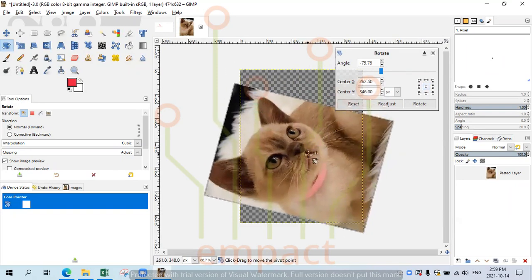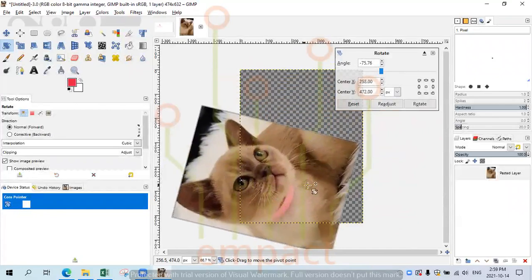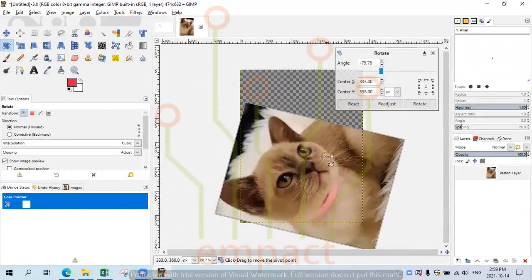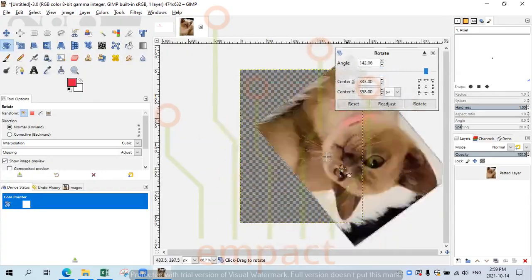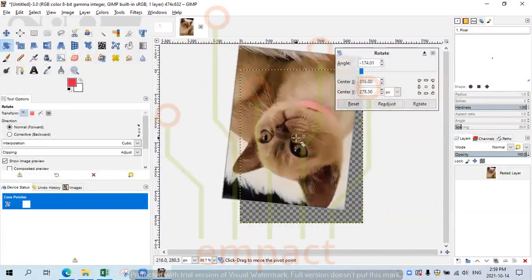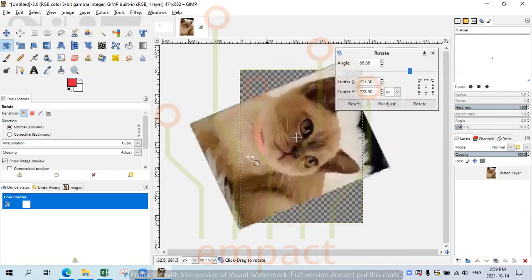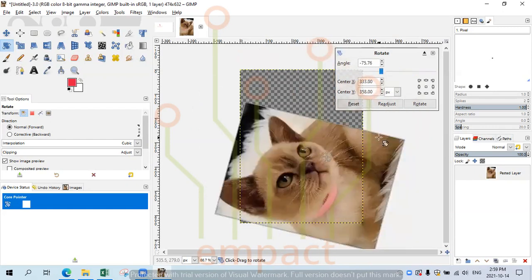We also have this point right here. This is the point around which the rotation will be done. For example, now the rotation is happening right around this point. It's like if a nail or a screw is put right here, and the photo moves around it. Okay, anyways,